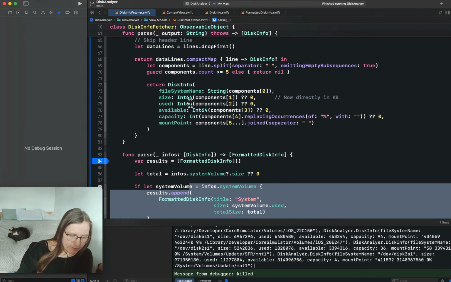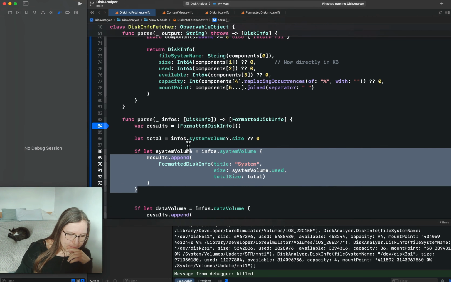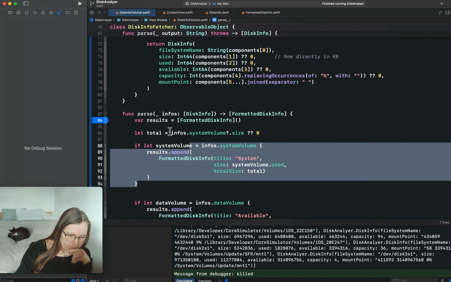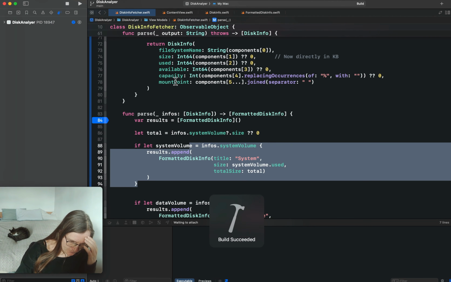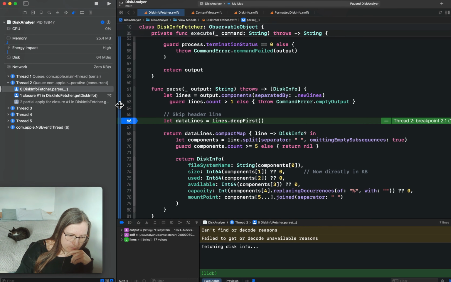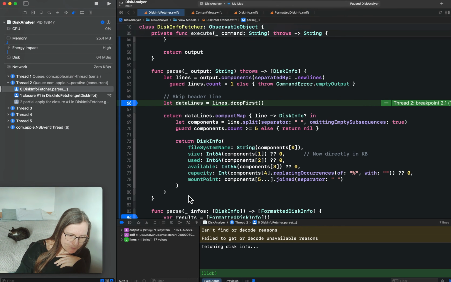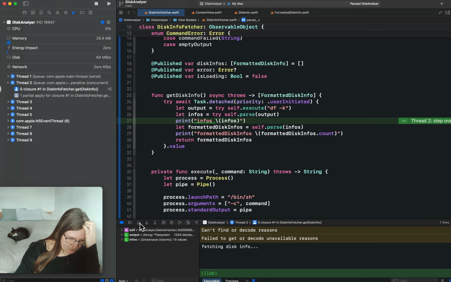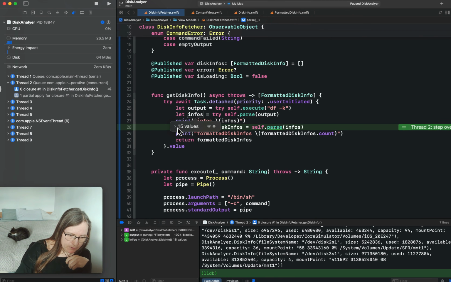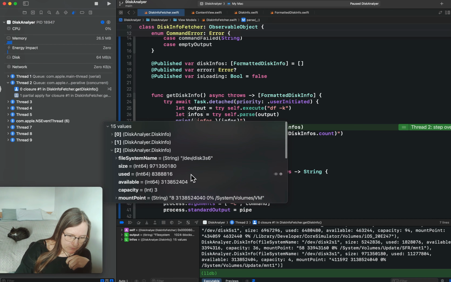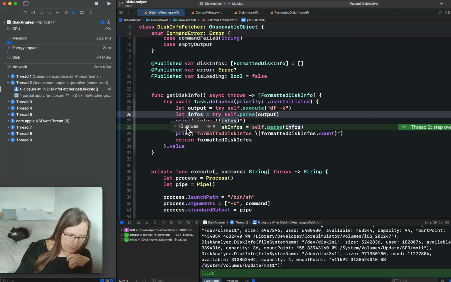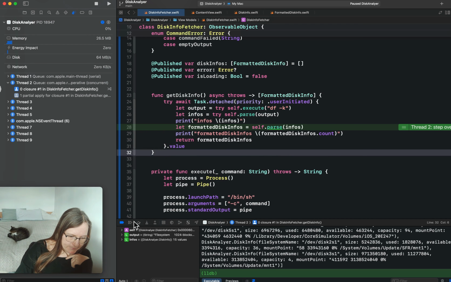Since I don't have any data, I'm going to quickly debug this and add some breakpoints for the parse function and for disk info in this formatted. So build and run. We're going in the parse outline where I have the output with this infos. So I'm just going to go through. The infos are 15 values, and I get here this correctly parsed. If you tap here, you see, okay, then I go to the next breakpoint